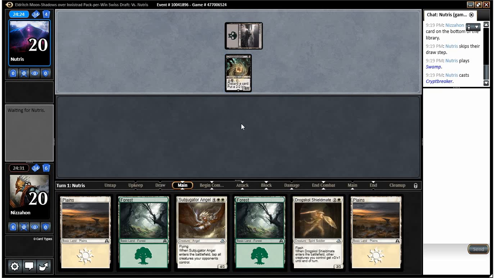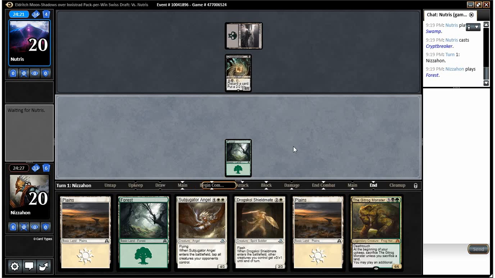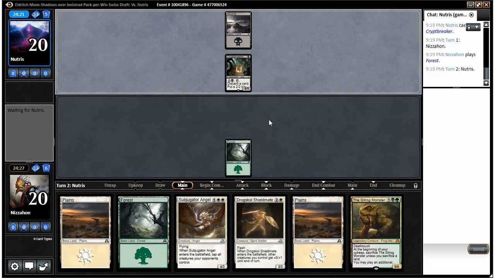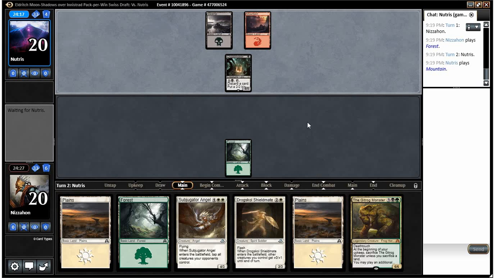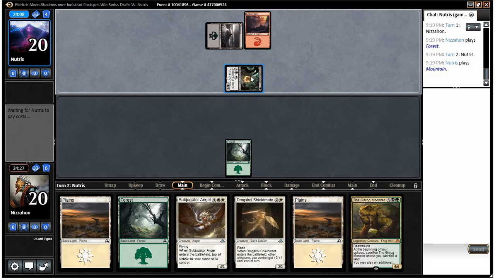Ooh, turn 1 Crypt Breaker. I drafted a deck once that could do that, and it was pretty hard to beat. Gross thing was it also had Tireless Tracker. So it had two card drawing engines. That's a problem. So our opponent, if you don't know, can just make a bunch of zombie tokens, and it's